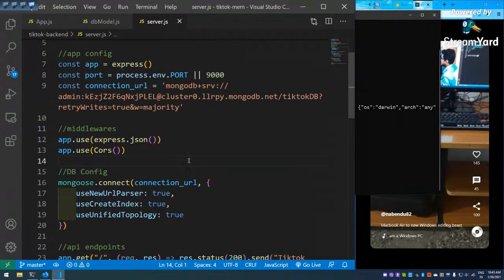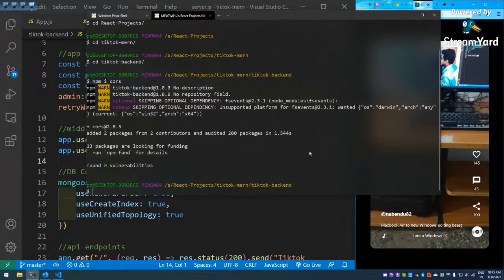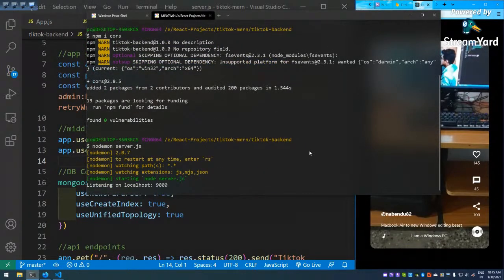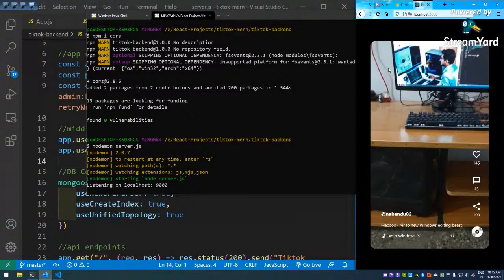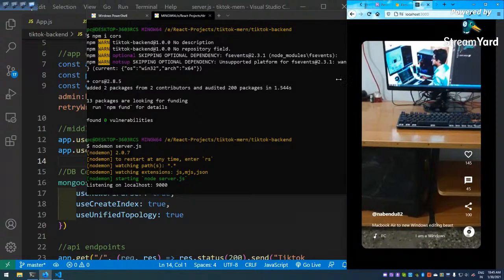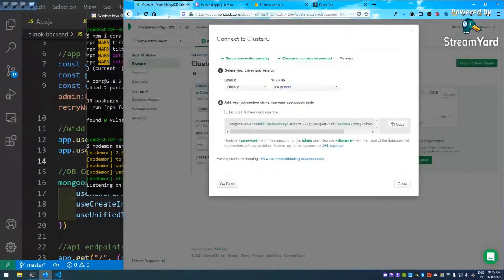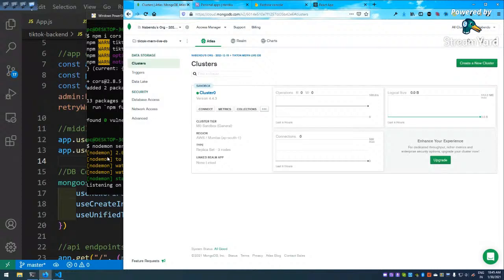Let me save it, but we have not started our server yet, so let me start it. Hope it will run this time. nodemon server.js. I'm getting a lot of errors here actually. Close it. Okay,